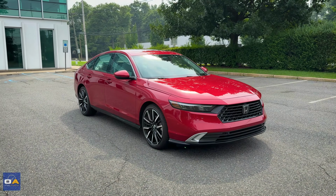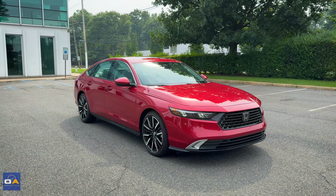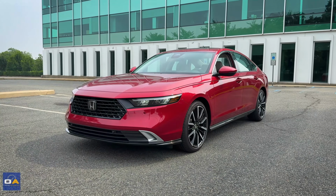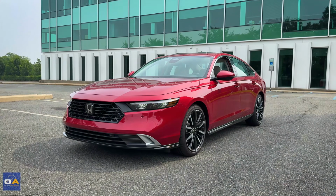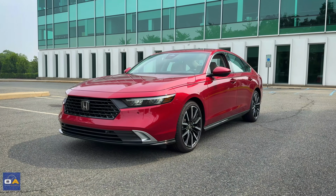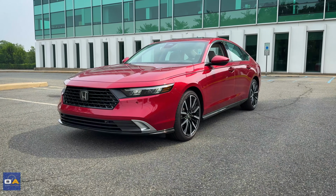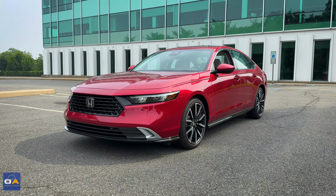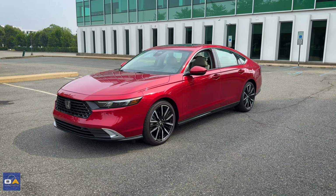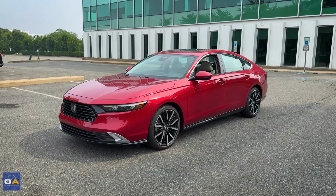So people have speculated as to why sales of the Accord have dropped in recent years. This current design has been out since the 2023 model year, and it's not exactly as popular as the outgoing design. It's a lot more subdued, and a lot of people think that sales have fallen partly because of this new design. And sure, there was also the killing off of the 2-liter turbo and the introduction of this new